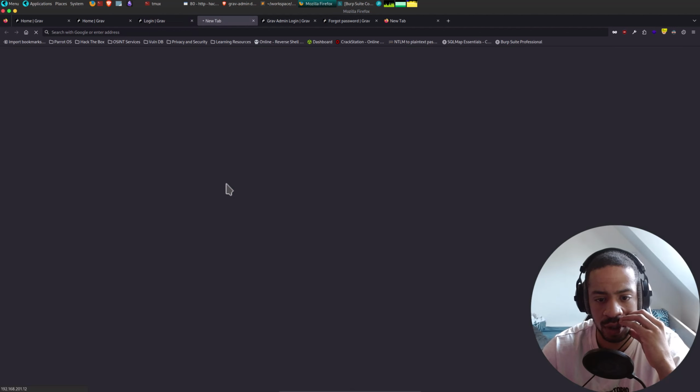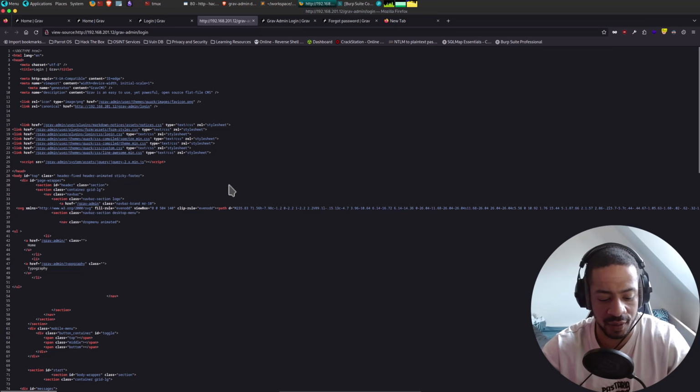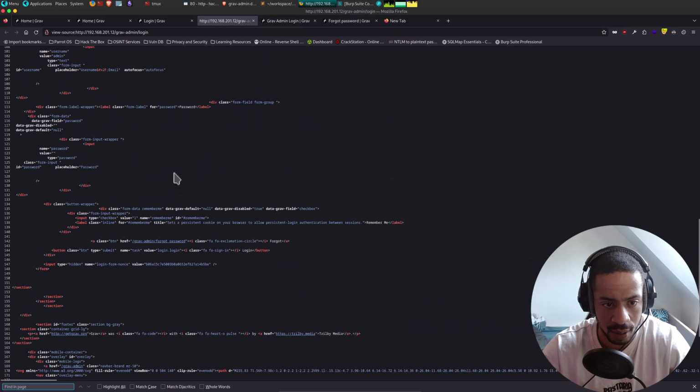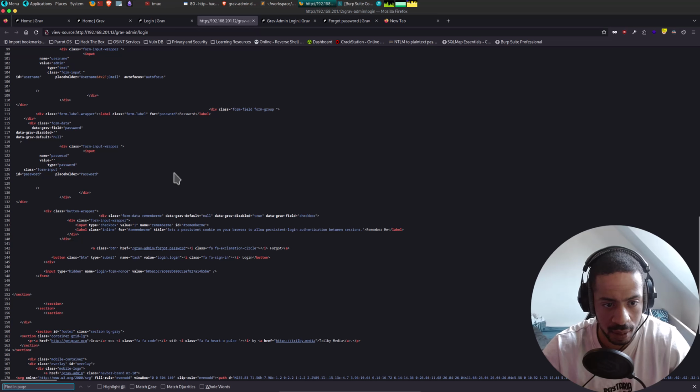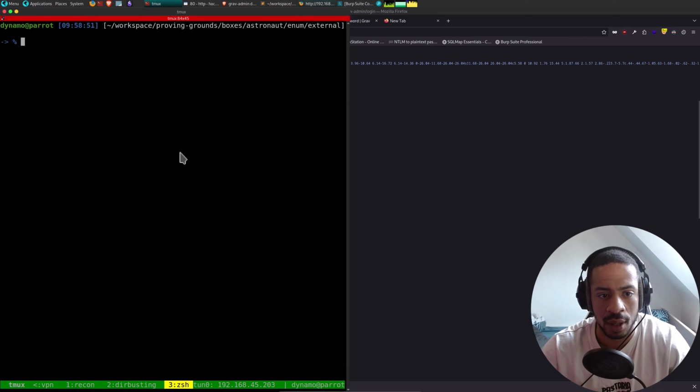Let's look at the source code. Do we have some kind of a version here? And let's also look for searchsploit, Grav admin.